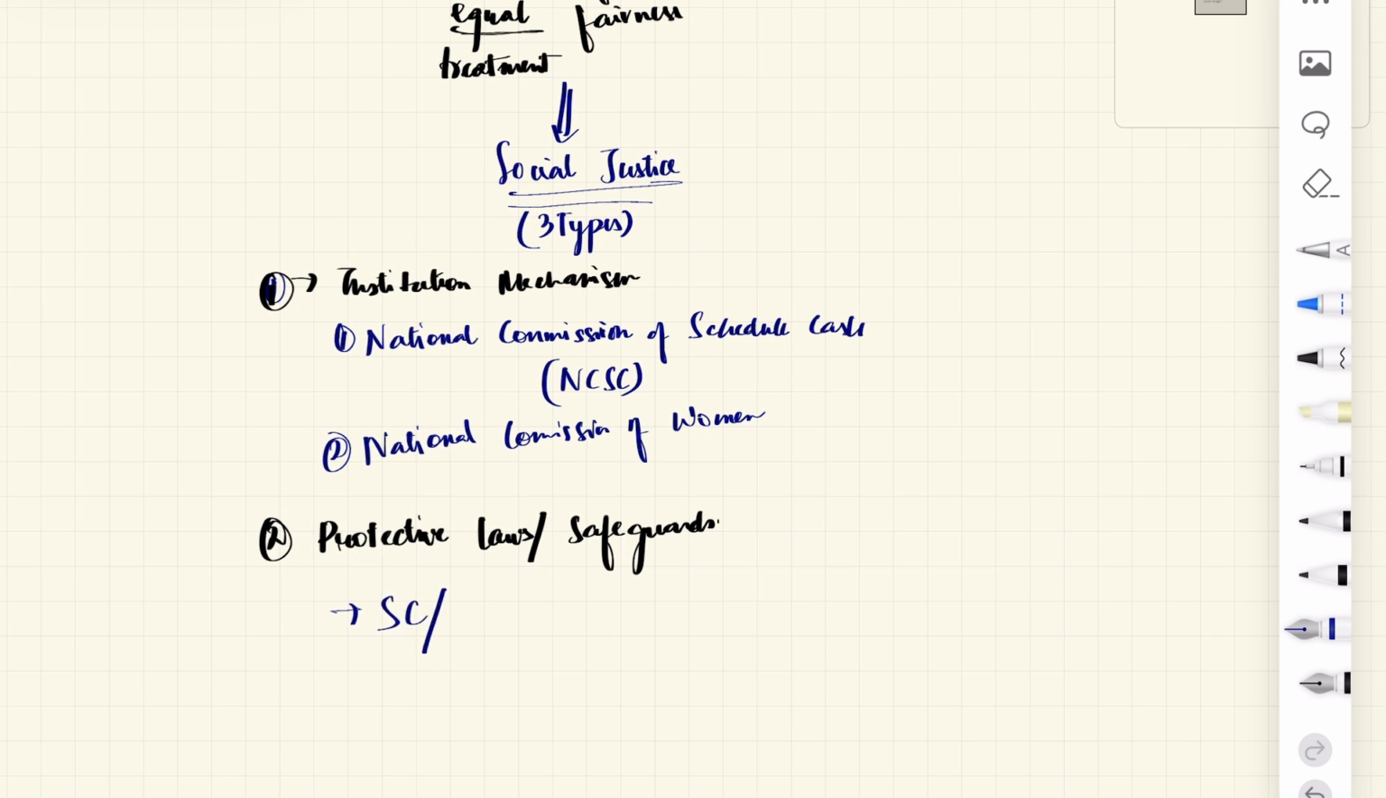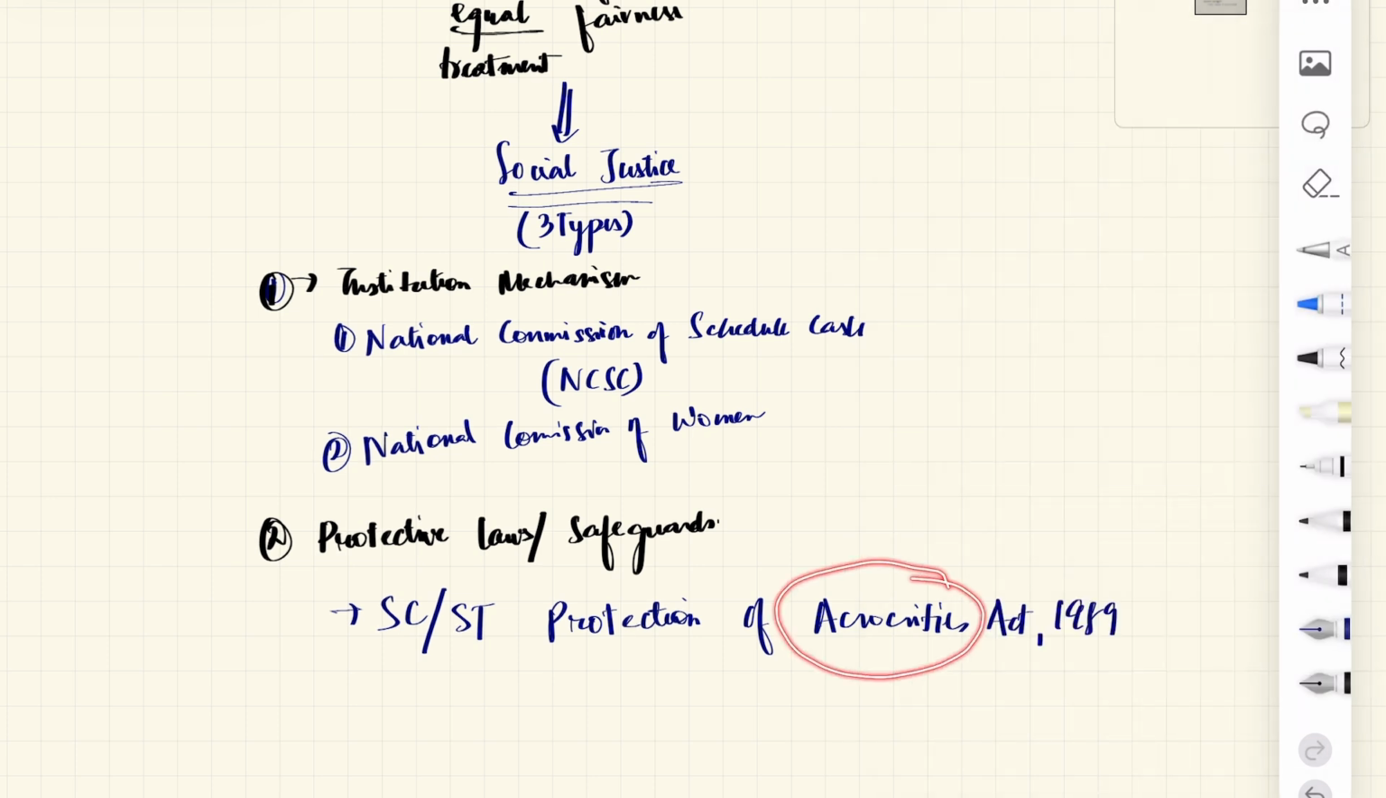There's the Scheduled Caste and Scheduled Tribe Prevention of Atrocities Act, 1989. So what do you mean by atrocities? It is extreme violence against any people, right? This is called atrocities. There's lots of discrimination and violence against scheduled castes and scheduled tribes, so that's why this protection is required. That's how it was launched. And the third thing